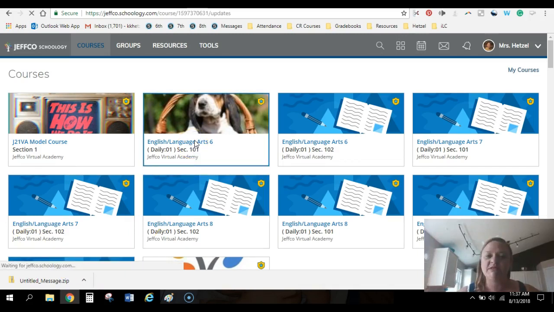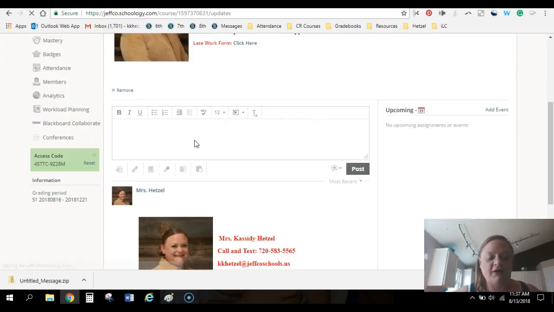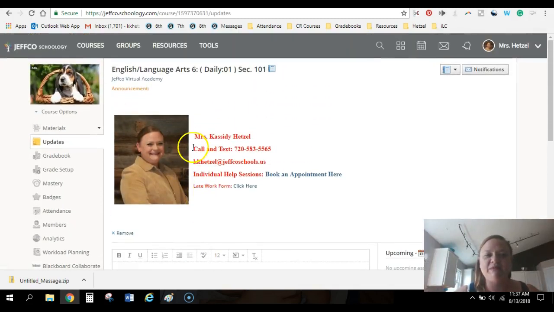Now, if you are 6th, 7th, or 8th grade with me, you will see Basset Hounds up in your left-hand corner. I chose the logo of a Basset Hound because I have 2 naughty Basset Hounds, and we'll get to see them in just a minute when we start our course tour. I'm a huge fan of Basset Hounds, and I love reading, and when I was able to find reading and Basset Hounds together, I was like, well, there's my course image. That's what I want. So we're in Schoology, and to get to Schoology, you need to go to